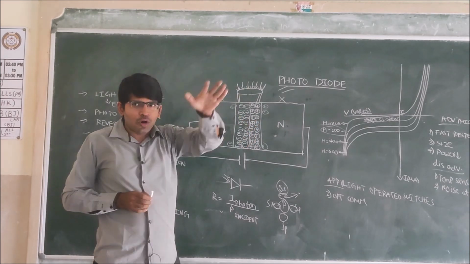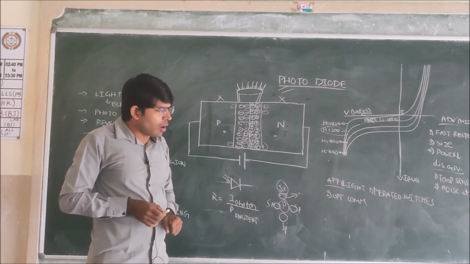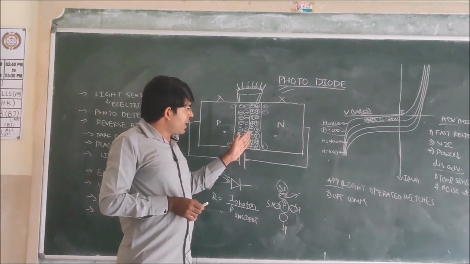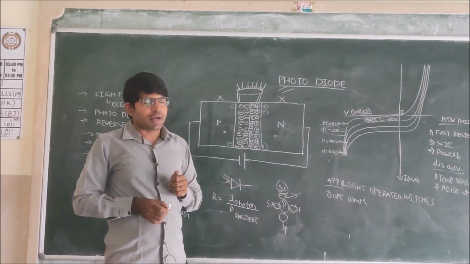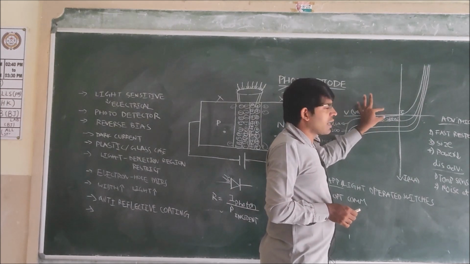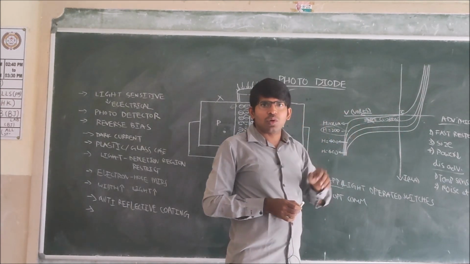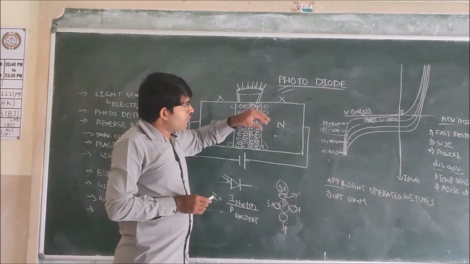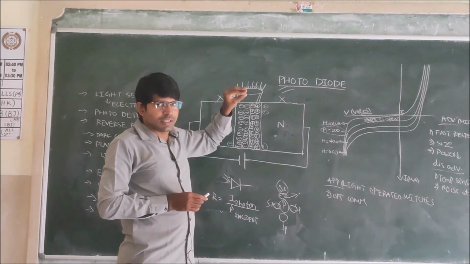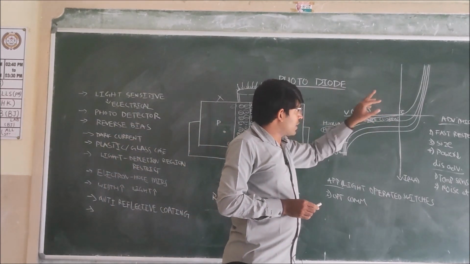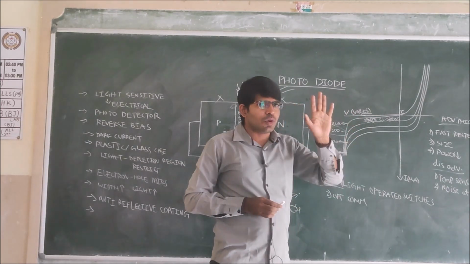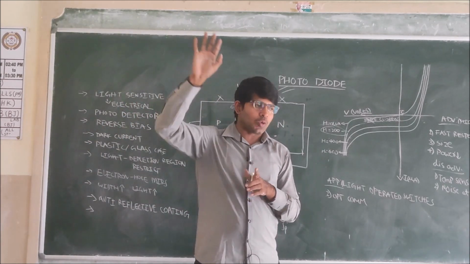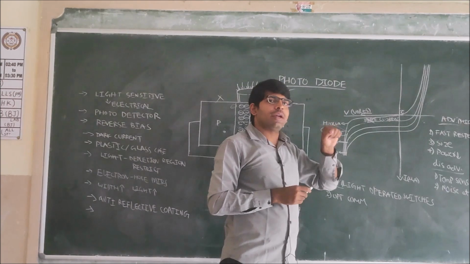Because of this, more electron hole pairs are formed. These electrons are going towards the N-type semiconductor, and holes are going towards the P-type semiconductor. You see here, the reverse current is increasing more. We are adding the electrons that are generated because of light falling on the depletion region. Then the current increased when the light intensity H is equal to 200 lux. We have increased the light intensity still more, from 200 lux to 400 lux.